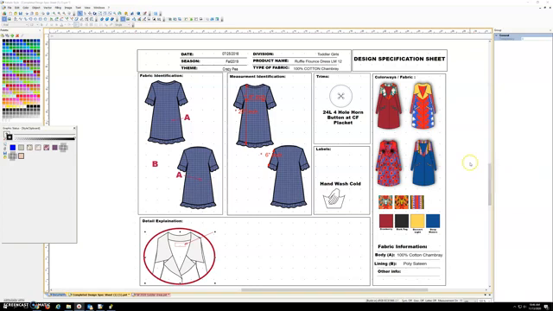Okay, sorry I ran out of time in the last one. So what we had done is just bring in the images for the fabric identification, and also the measurement identification. And I taught how to do all those measurements in the first video. So to keep going through this design sheet,